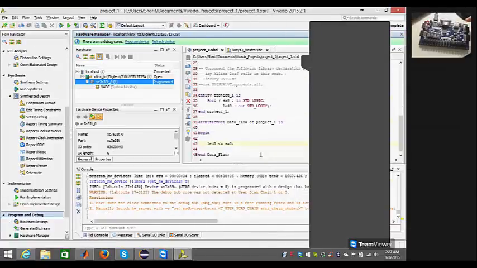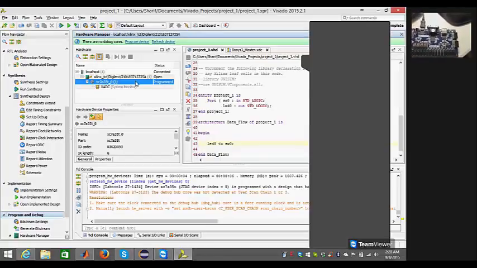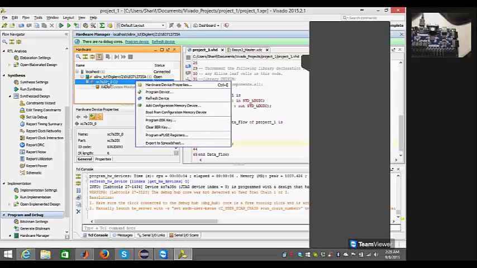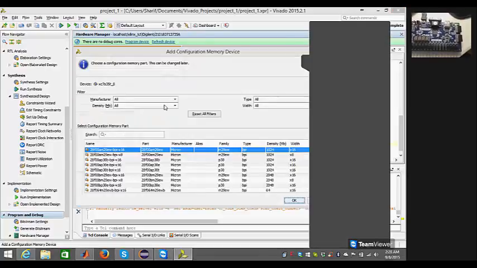If you want to have it programmed permanently, like let's say you shut off the FPGA and then you unplug it and then you want to run it again somewhere else, you have to do just an extra step to do that. I'm going to go ahead and show you that right now. We've programmed our device, but we want to flash it to where we can use it wherever. So you're going to right click on the device, our target, and